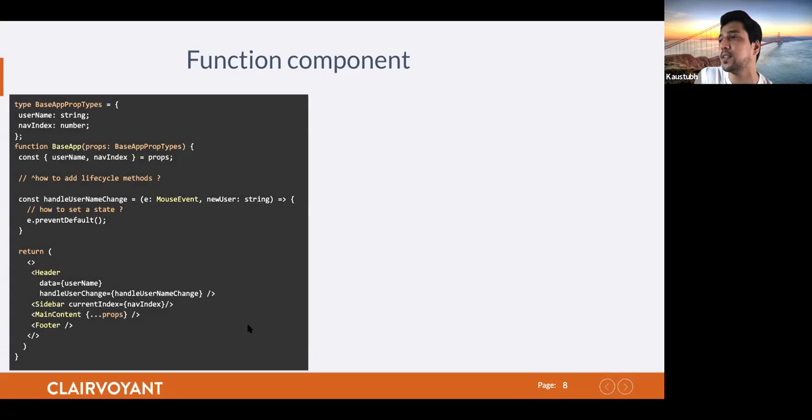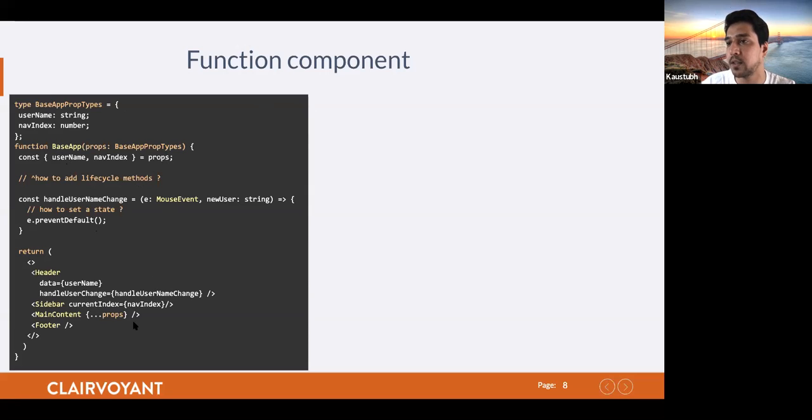So let's revisit the same web page example that we saw, and we can similarly rewrite all the code using the function component. This is how you would end up writing it. There are some obvious differences: we are not using this.state over here. We just create a new function and destructure the props that we get. Let's forget about the lifecycle methods for now, because there is no way we can have lifecycle methods inside function components. Then let's jump to the return.